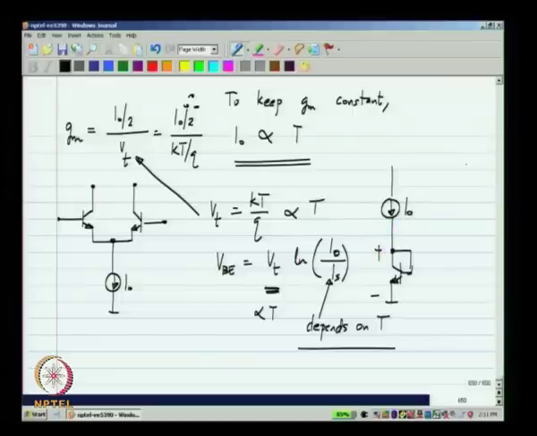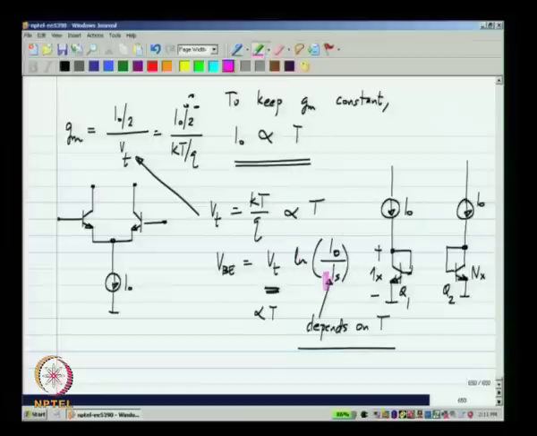Now, if we pass the same current through another transistor, so let us say the area of the first transistor is 1, Q1, and the area of the second transistor is some n, okay, n times that of the first one. Basically, we do this so that the saturation current of this is different, it will be n times that of the first transistor. Okay. So, the VB1 will be Vt ln I0 by Is and VB2 would be Vt natural logarithm I naught divided by n times Is, because the saturation current of Q2 is n times the saturation current of Q1. Okay.